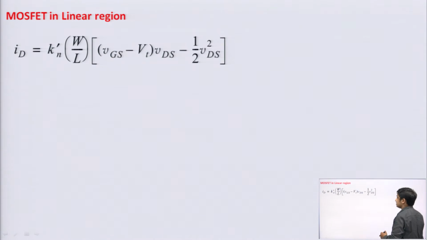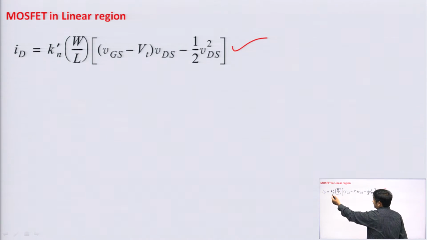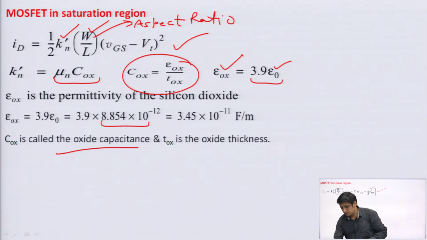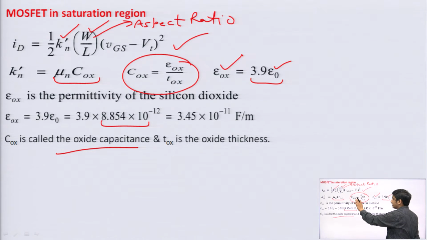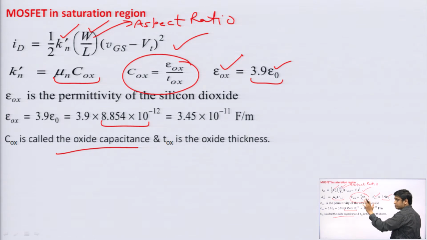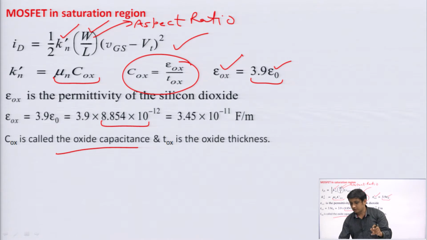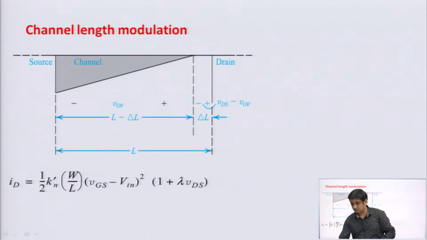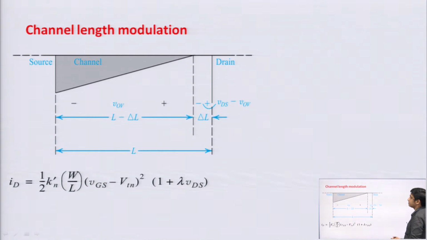And when the MOSFET is in linear region, then the drain current equation is this one. Now, your drain current also depends upon VDS, and in saturation region you can see that in your drain current equation there is no VDS, there is no drain to source voltage, but that is the ideal case. Practically there is a channel length modulation, due to that your ID slightly depends upon VDS also. What is channel length modulation?